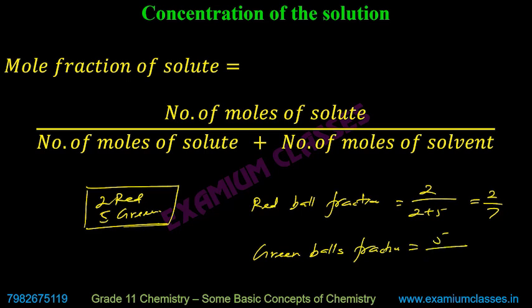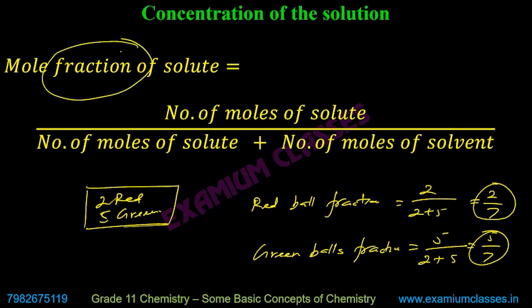Number of green balls divided by total balls: 5 by 7. And the sum of all fractions should be 1. So 2 by 7 plus 5 by 7 will be 1. Yes, sir. So this is actually nothing but usage of fractions, what you have been doing from your primary classes